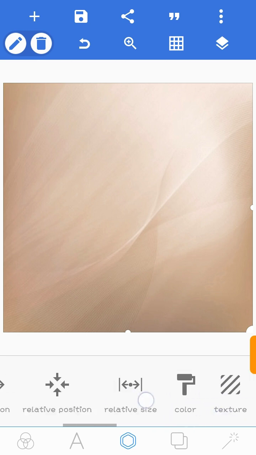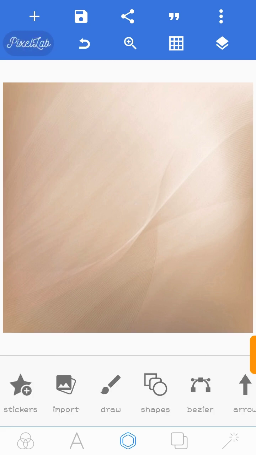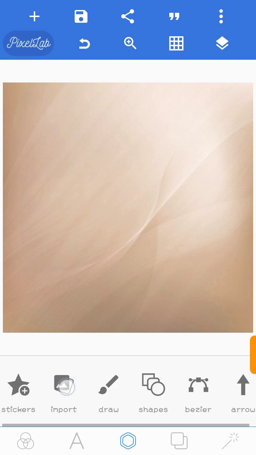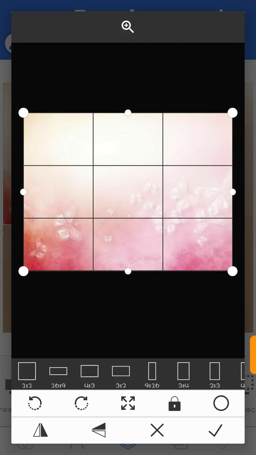The next thing I'm going to do here is to import another background. So I'll come back to my import button. I'll click on it. Alright family, as you can see, we are here with another background. Then I'm going to click on the check mark,